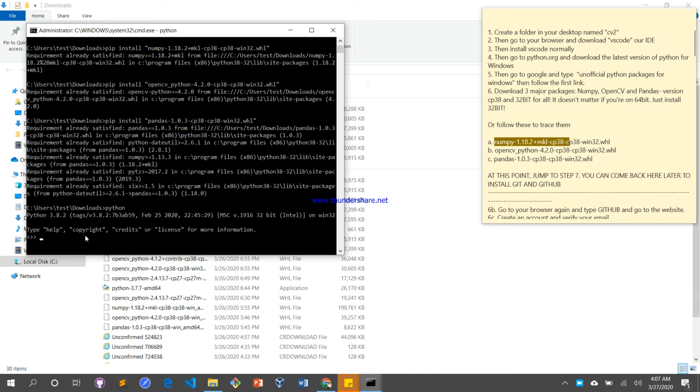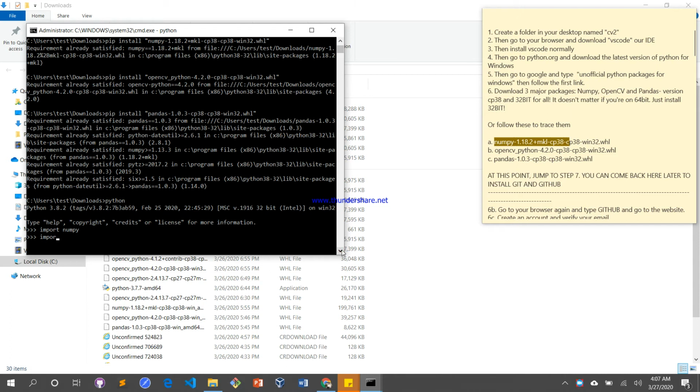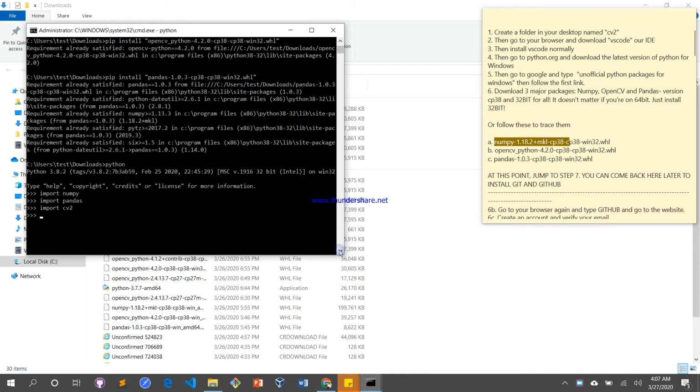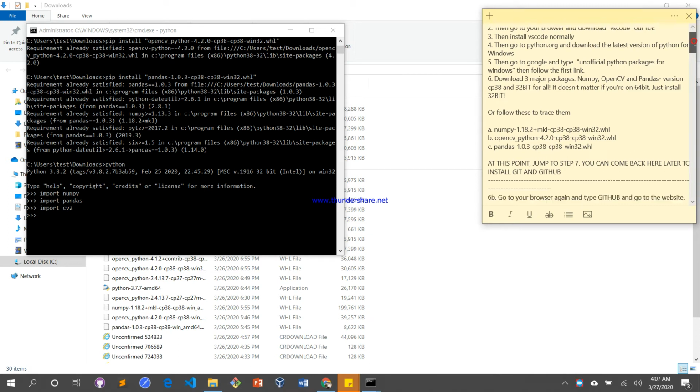Then we can go ahead and test. Let's say import NumPy right in this place. Import NumPy, enter. It took it, okay, meaning it's working. Import pandas, enter. Okay, it's working. Then the last one, import CV2, enter. It's working. Very good. So we've installed the 3 major Python packages for this class,